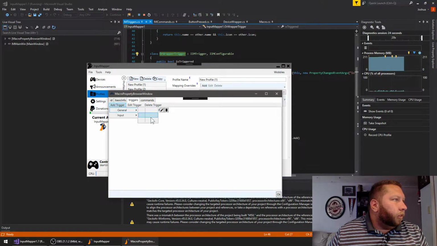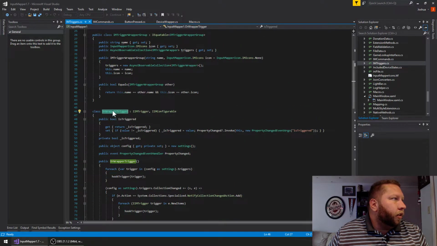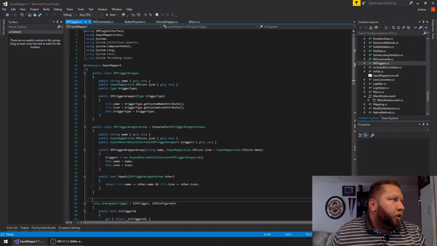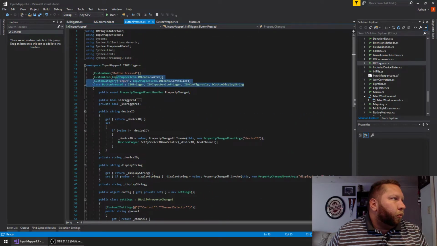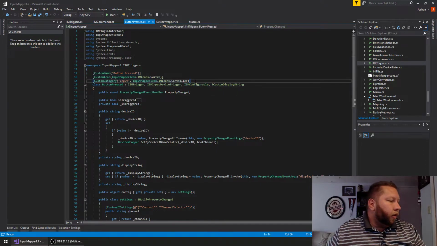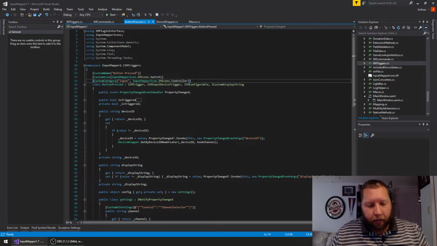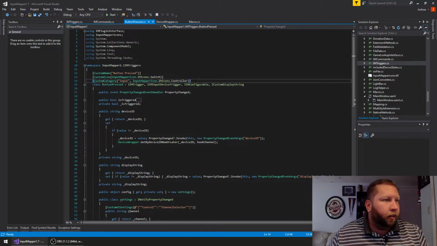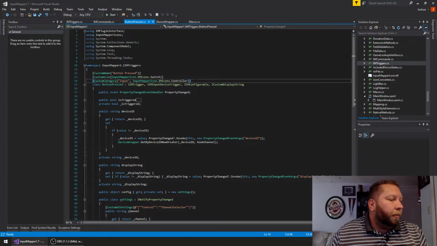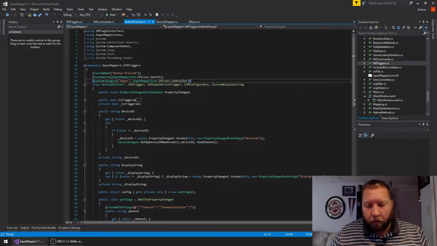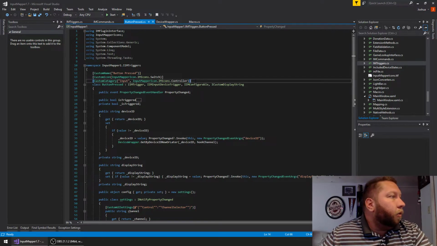Oh, yeah, okay, this is why I haven't tested it yet. The reason these are blank is because I don't have the description information above it like I do for this one that has all the information that defines the group. But I'll play around with that, see if I can get that working before I push a nightly build, because that's one of the cool features that other versions of InputMapper didn't have. So yeah, with this working,